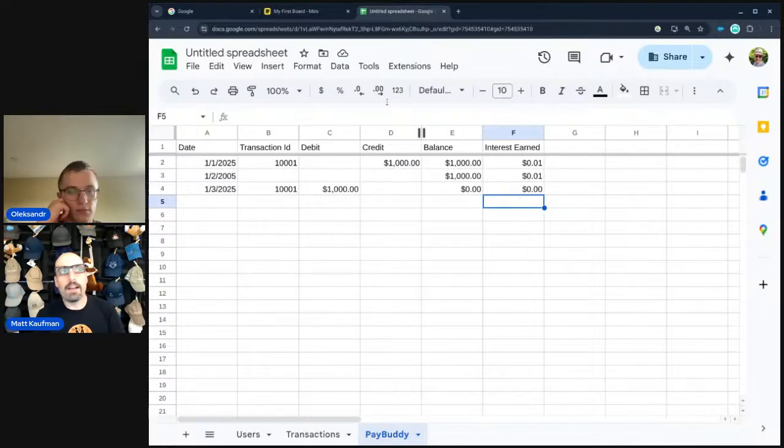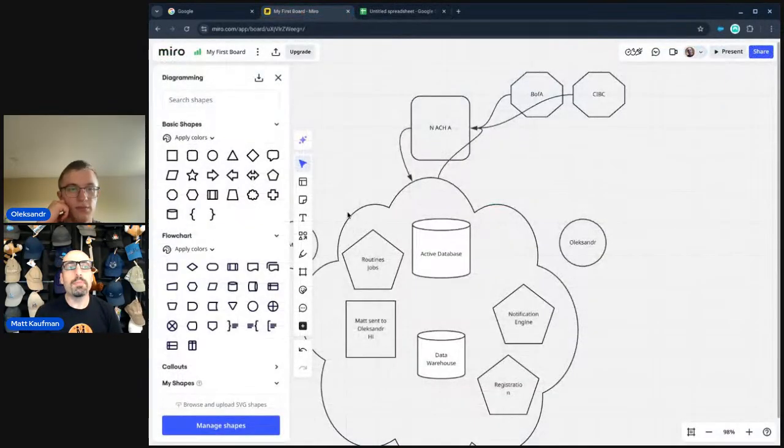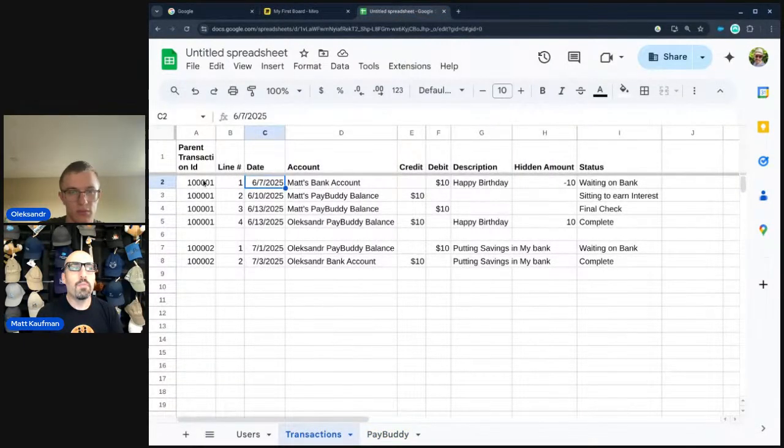But that's when you, as you scale up, these routines and jobs, we're going to need more and more of them, right? We may also need multiple databases. So it's possible that they have a different database per country. But that means that within those databases, they're going to now have to link to the record in the other database. And so we're essentially going to have like quadruple ledger,